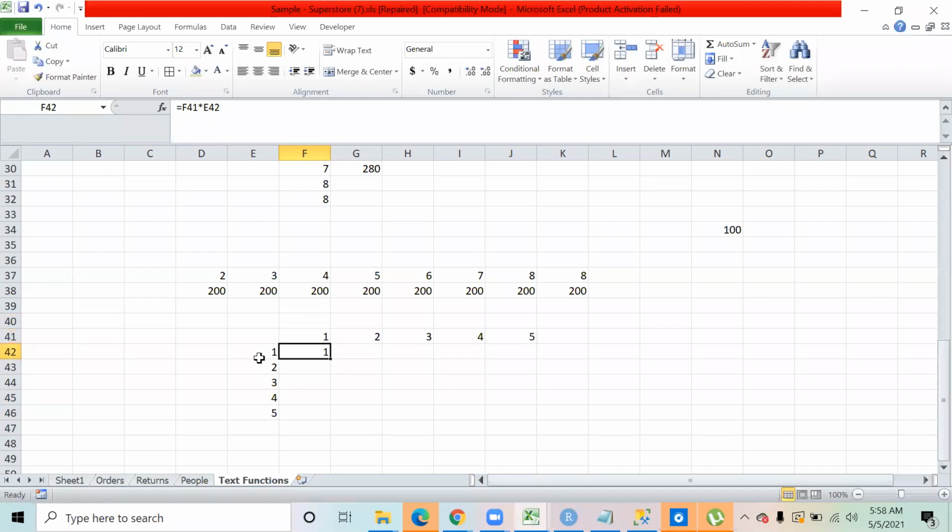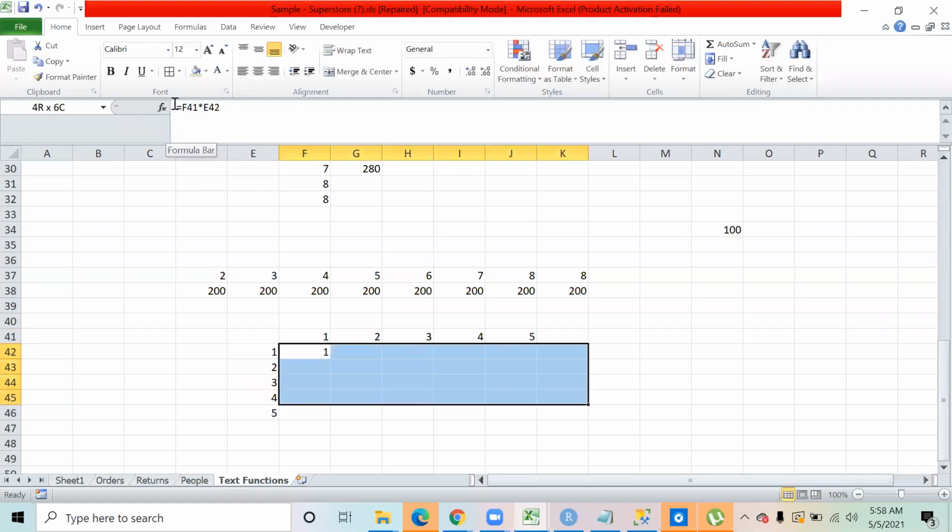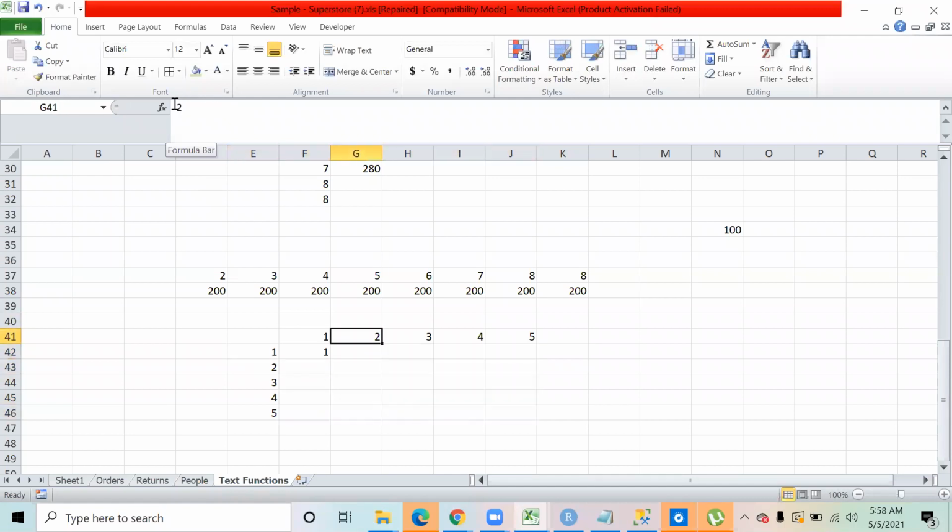You have to play with the freezing in such a way that when you copy this formula everywhere, the output should be 1 multiplied by 1, 1 multiplied by 2, 1 multiplied by 3, 1 multiplied by 4, 1 multiplied by 5. Then 2 multiplied by 1, 2 multiplied by 2, 2 multiplied by 3. Likewise, 5 multiplied by 1, 5 multiplied by 2, 5 multiplied by 3, 5 multiplied by 4. So this number gets multiplied by all the 5 numbers. That is the multiplication we want to see. So please, all of you, try this.